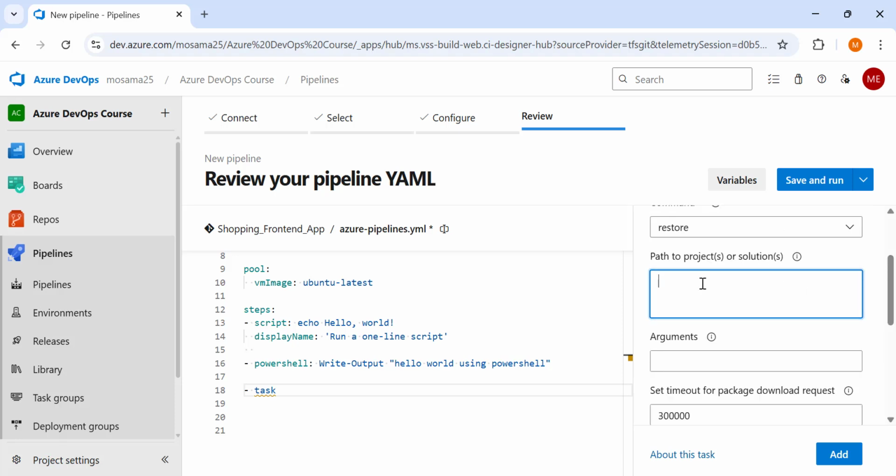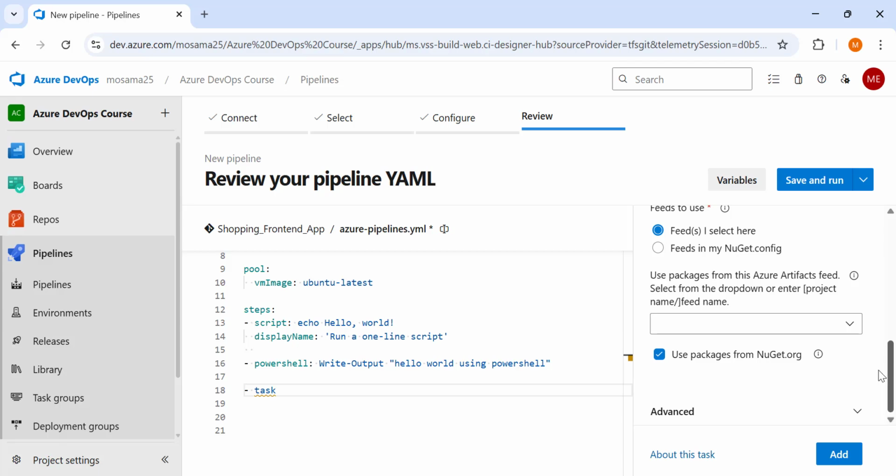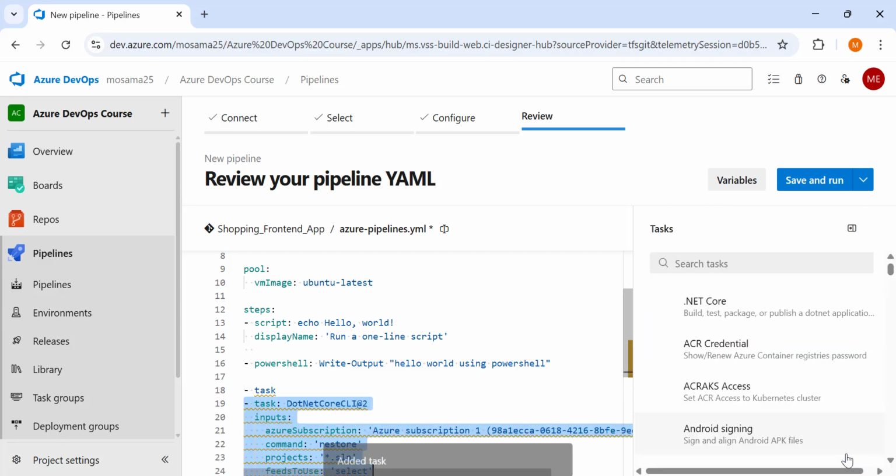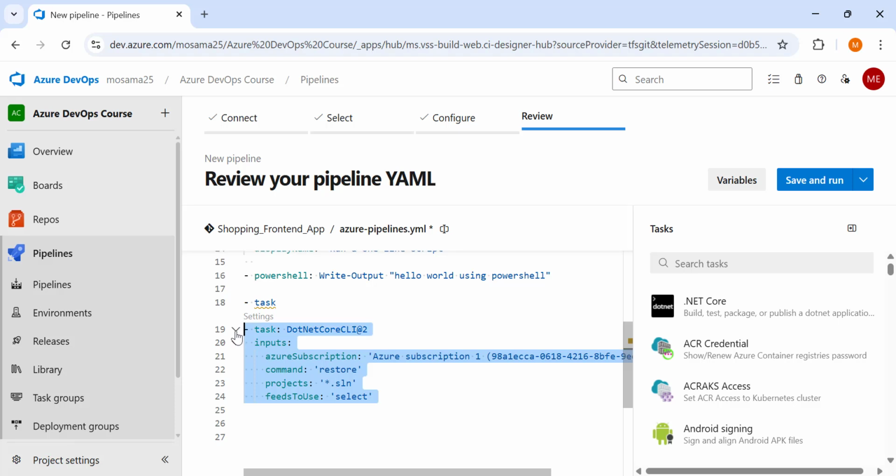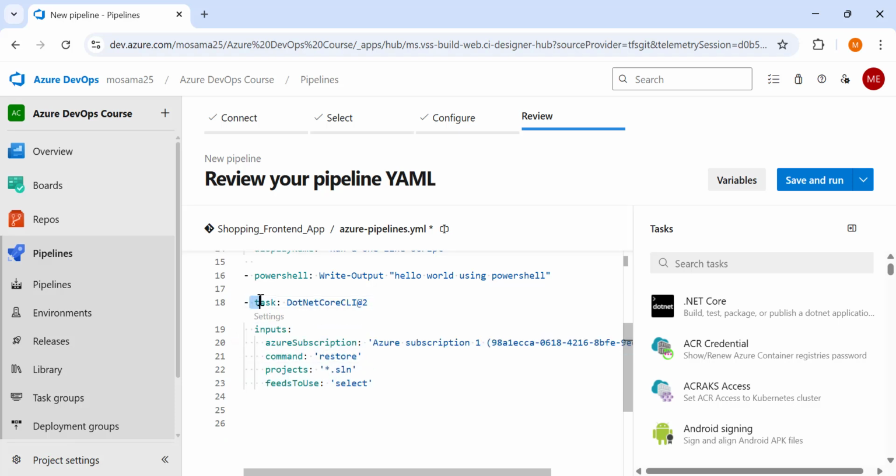We put the parameters or the inputs of the task, and after we put the inputs, we click add. After clicking add, it writes the task format for us. So there is a step with the key task, then the task name, and the task has an inputs key. These are the parameters that we fill using the GUI.